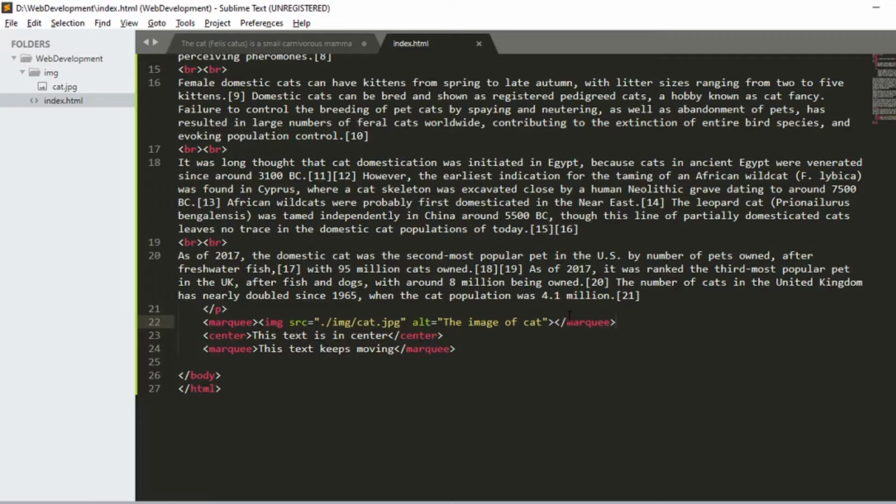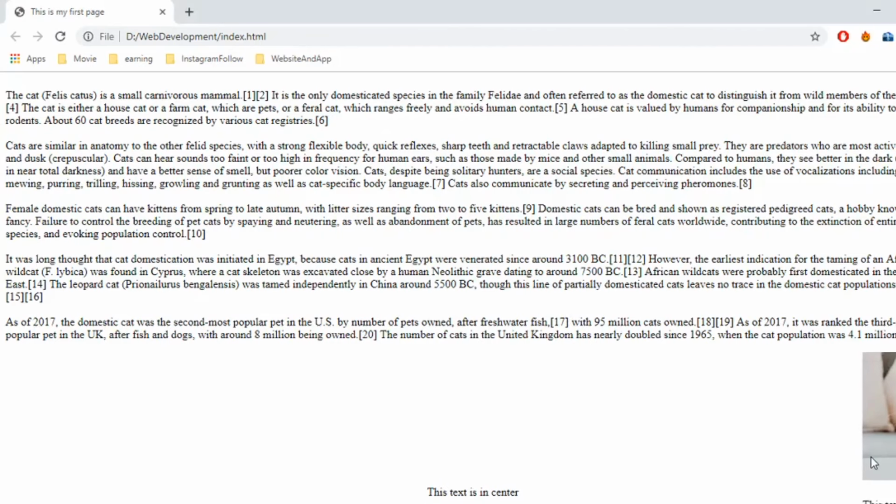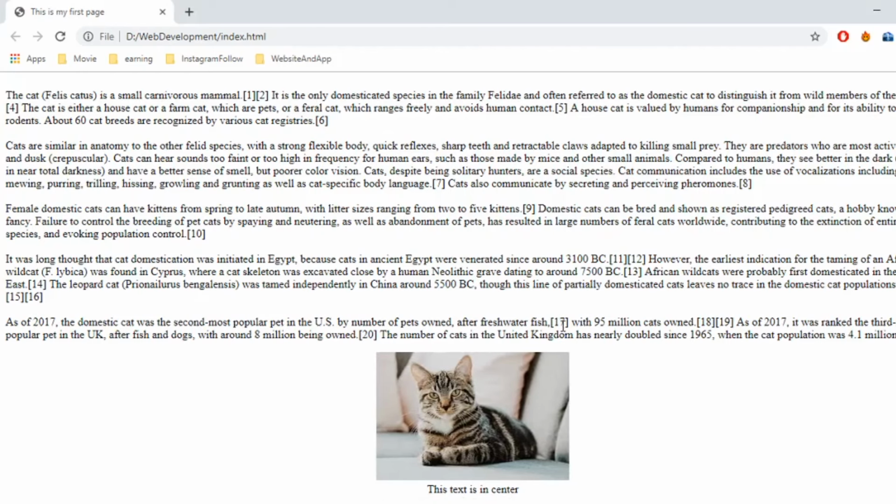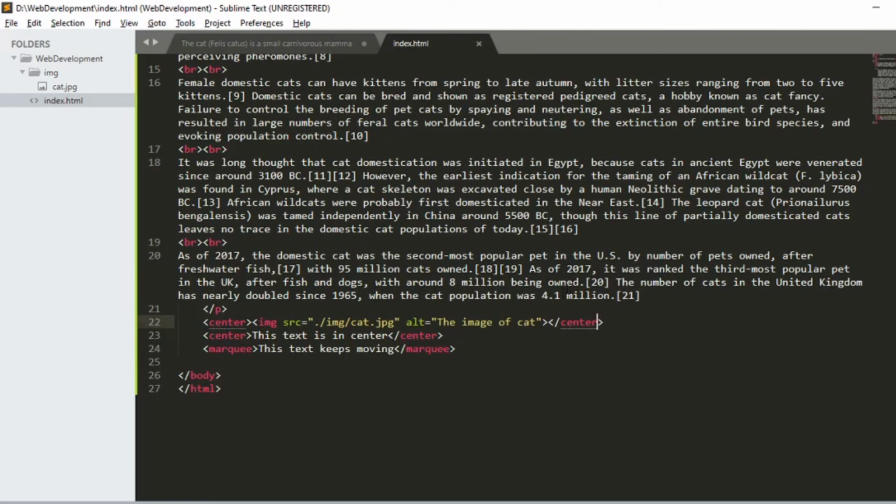And we can even use marquee in image and make it moving, or we can even center align it using center tag. But as I already told, as we move on we will ignore center tag and we will use something else like align attributes or use CSS for